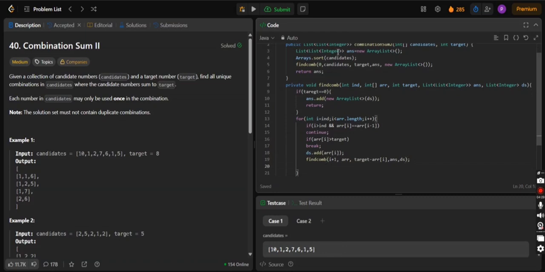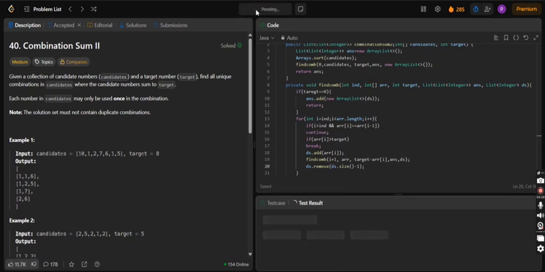In place of target, we send target minus arr[i], as arr[i] has been deducted from the target. Then we remove ds.size minus 1, the last element, and backtrack. Now we will run this code.